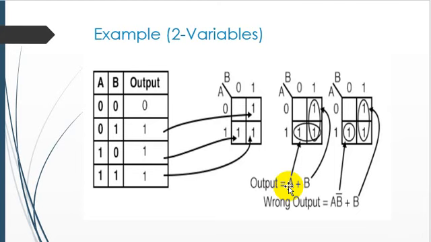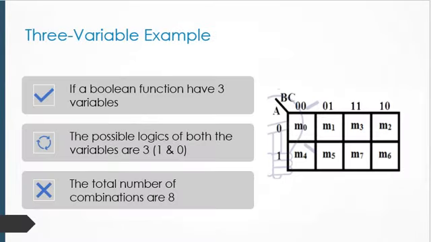If you are very competent in understanding the two variable K-map, then the rest of the K-maps are very easy for you to understand. So I'm going to suppose that you have a better understanding of the two inputs. Let's move toward the 3 variable example of the K-map. If you have 3 variables, then definitely each variable behaves for logic 0 and 1, and the total number of combinations of the inputs increases, and that becomes 8. The K-map of 3 input variables is represented like this.